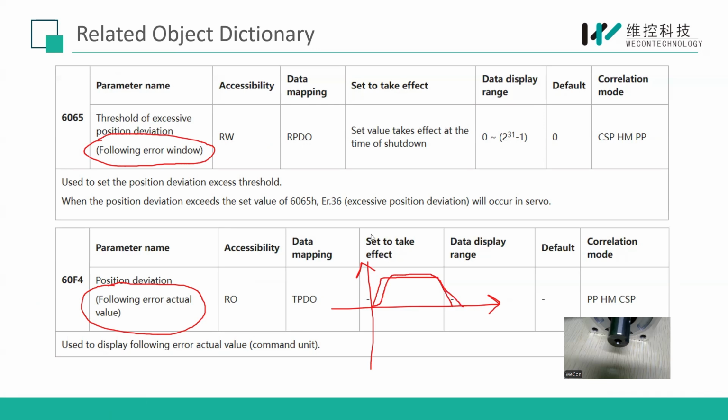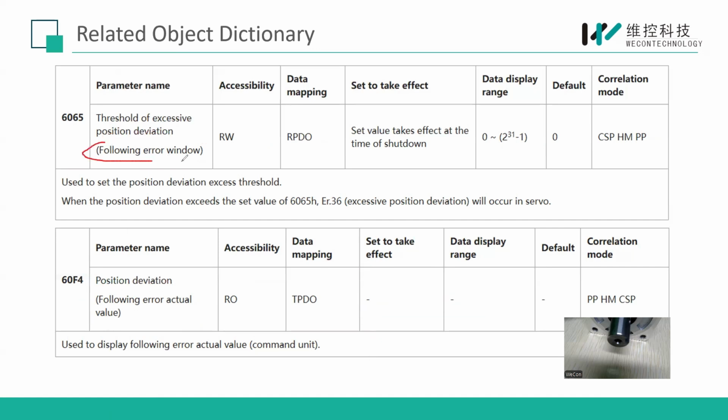For example, this is our target position, and this is our motor actual position. Because of the communication delay, there will be a position error between the target position and the actual position. Yes, it's normal because there must be some delay between command and the actual position. So this parameter is used to